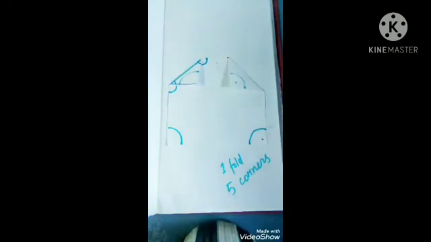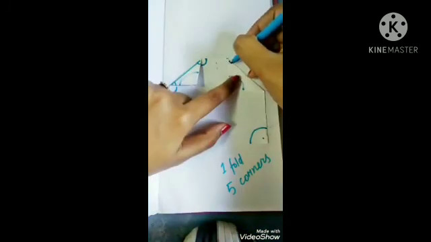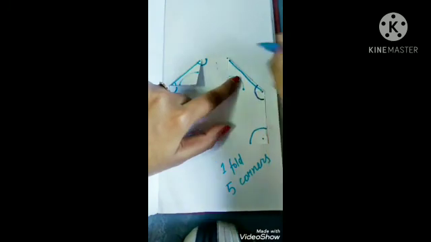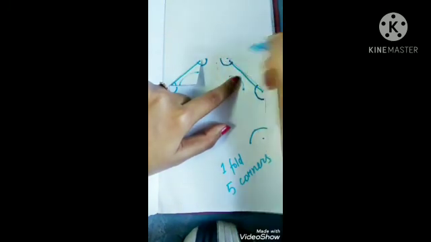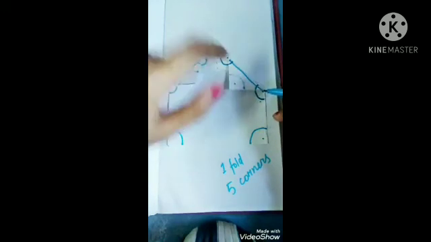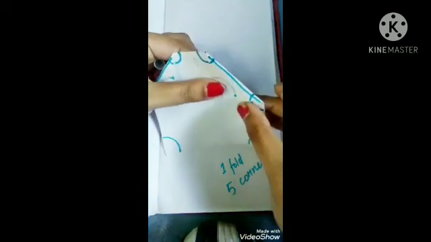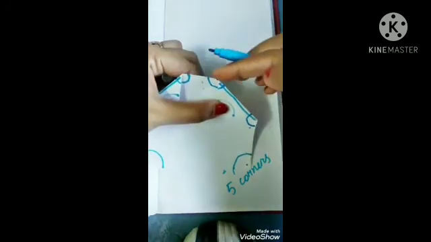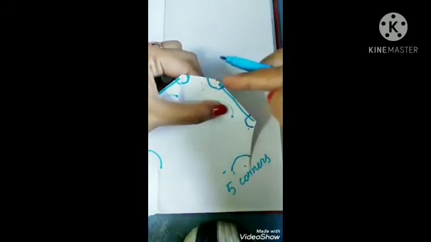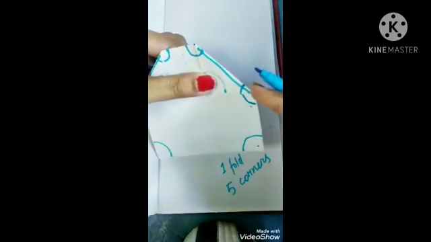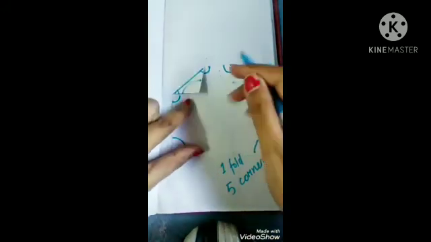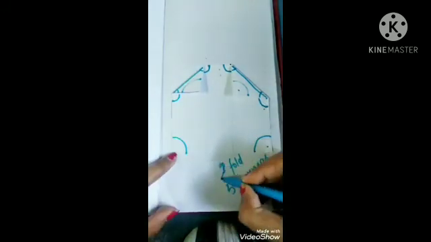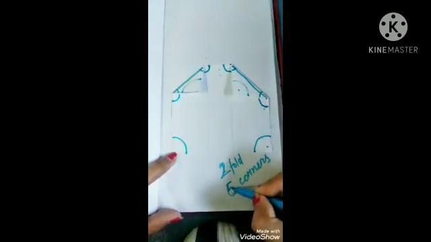Okay, similarly let's fold this part, the second corner. Okay, we have folded. Now again we are getting one more side, right? Along with that we are getting 2 corners again, right? Here and here. Okay, you can see this. If you see this and this, these are the corners. Here 2 sides are joining, right? So this is one corner and this one is also one corner. So now 1, 2, 3, 4, 5, 6. So if you do 2 folds, you will get 6 corners.